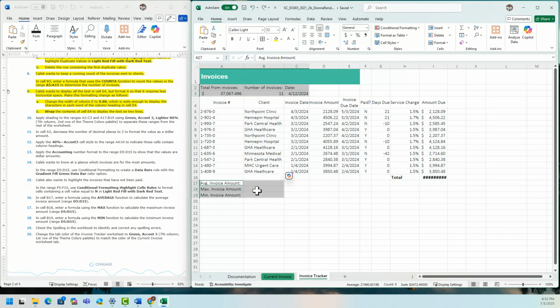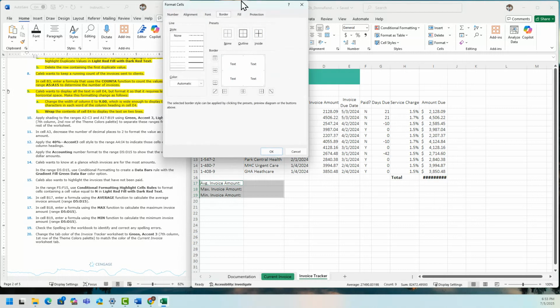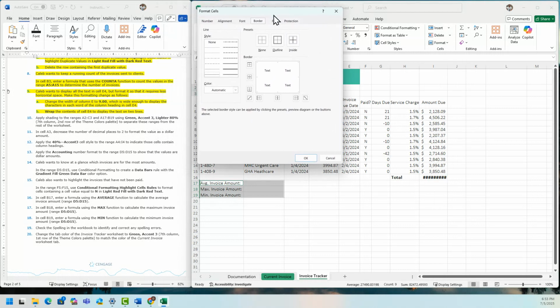Right, release, and then I'm going to do the shadings. I believe it's just this one here. No, actually in the format cells, shading.